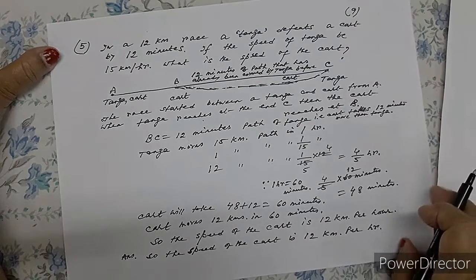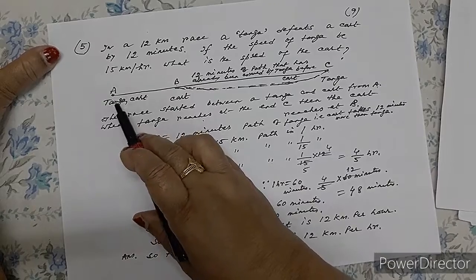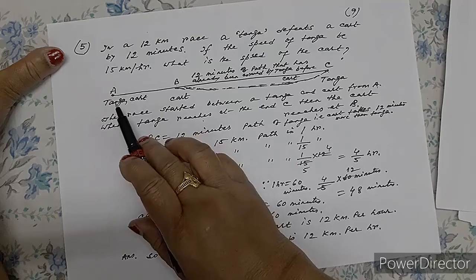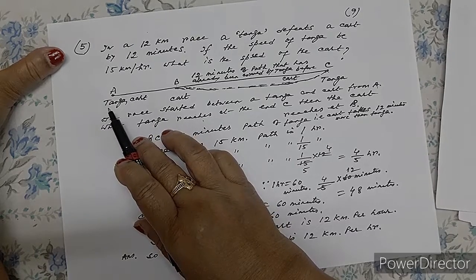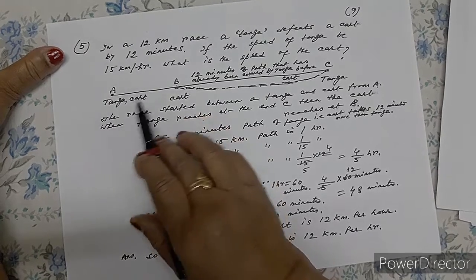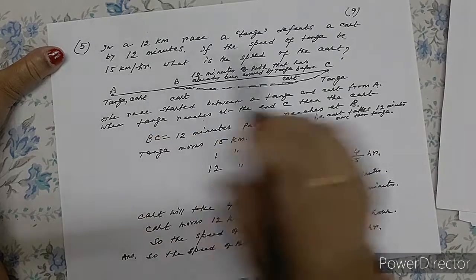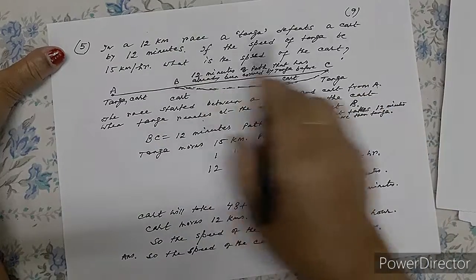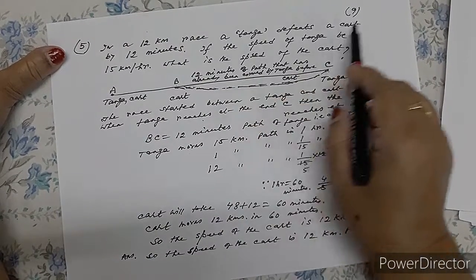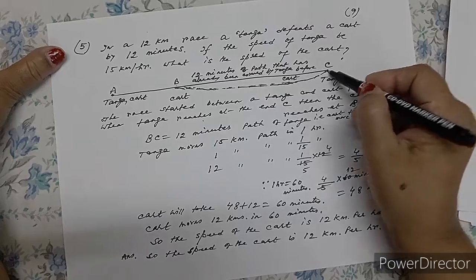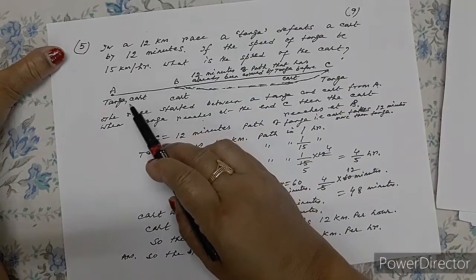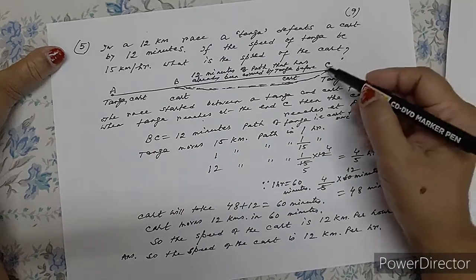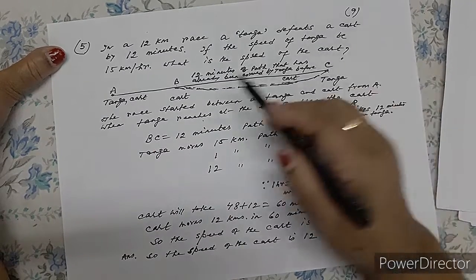Okay. Now, suppose here is point A, where the Tanga and the cart are both standing. A race is between the Tanga and the cart, and the end point is C. This is 12 kilometers. My race is 12 kilometers, and the race is between the Tanga and the cart, and the end point is C. Okay, so the Tanga and the cart both started, and the Tanga reached C 12 minutes